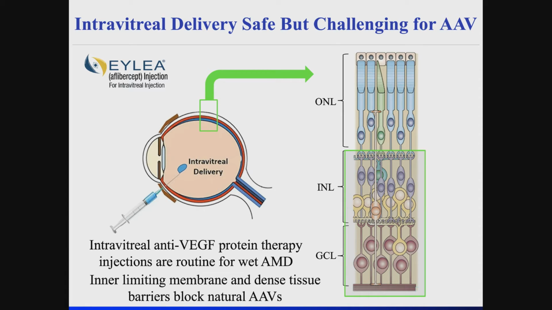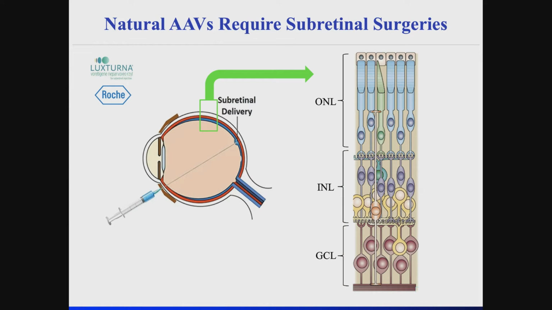Unfortunately, this does not work for natural versions of AAV because between the vitreous of the eye and the photoreceptor layer, the target of gene delivery, lies a couple hundred microns of dense tissue, and this prevents the passage of natural AAVs. So to be able to overcome this, investigators have invented a new surgical route of administration called a subretinal surgery,